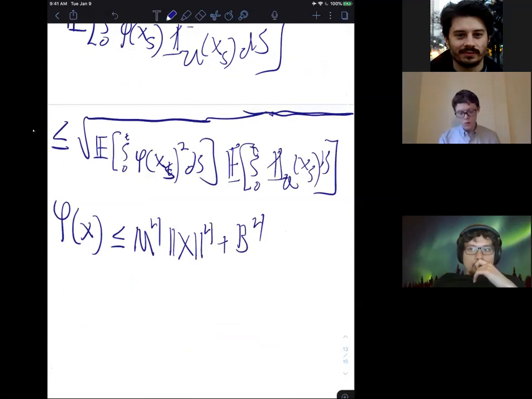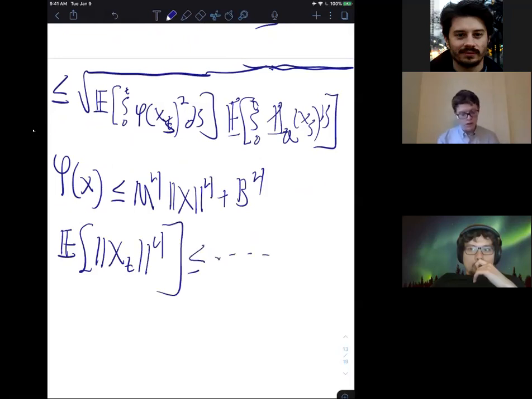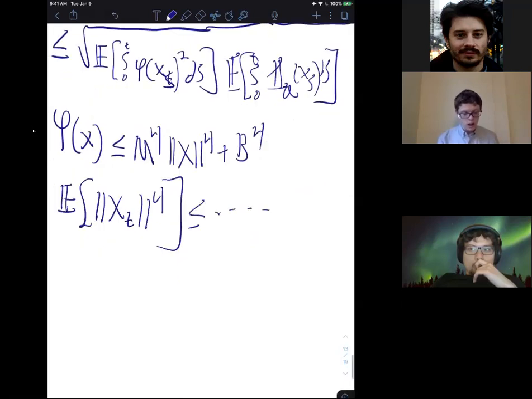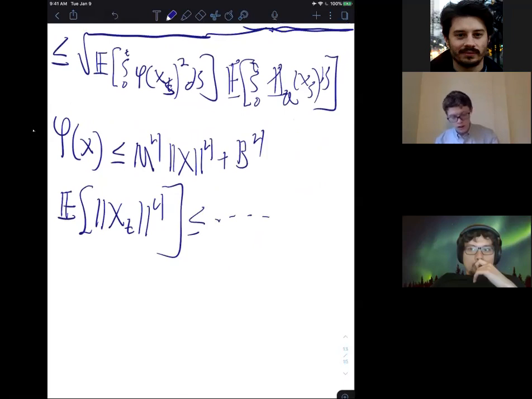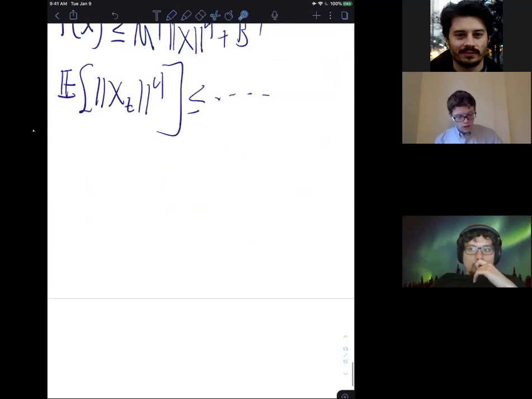Well, we can use some distributivity and some Gronwall and some standard tricks to bound E of x_t to the fourth by some stuff. Once again, the computation is in the paper, but I don't think I really need to go into that here. So this is controlled. What we really want to control is this guy over here. We notice that E of the integral from 0 to t of the amount of time that you spend in a set